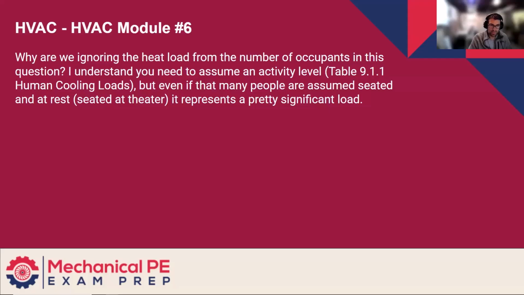So this problem was about finding the total cooling load in a building. And I gave you some information about the fact that it's a theater and how many occupants there are. But then when it came to the cooling load calculation, we left out the load provided by those people. Why is that? Well,